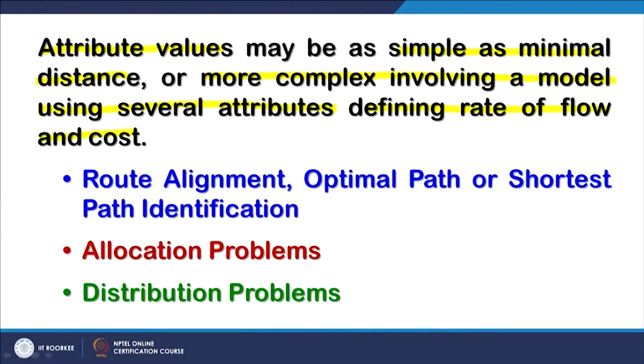So, this network analysis is used for route alignment, optimization of route, optimal path, shortest path identification, and allocation problems, where some resources are not reaching, say, a minor canal is not getting water. What is the problem? Those problems can also be solved. And of course, it is also linked with distribution problems, because through a network you are distributing resources from one end to another, and therefore, bottlenecks and junctions which are creating problems can be solved